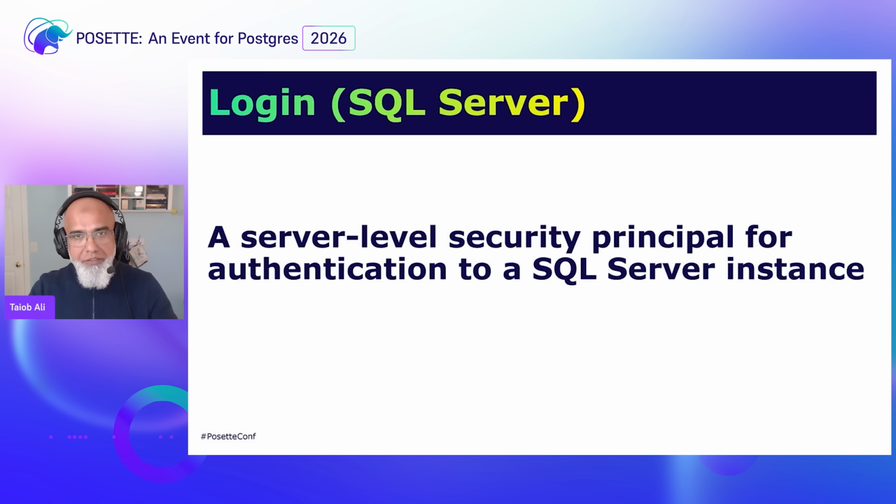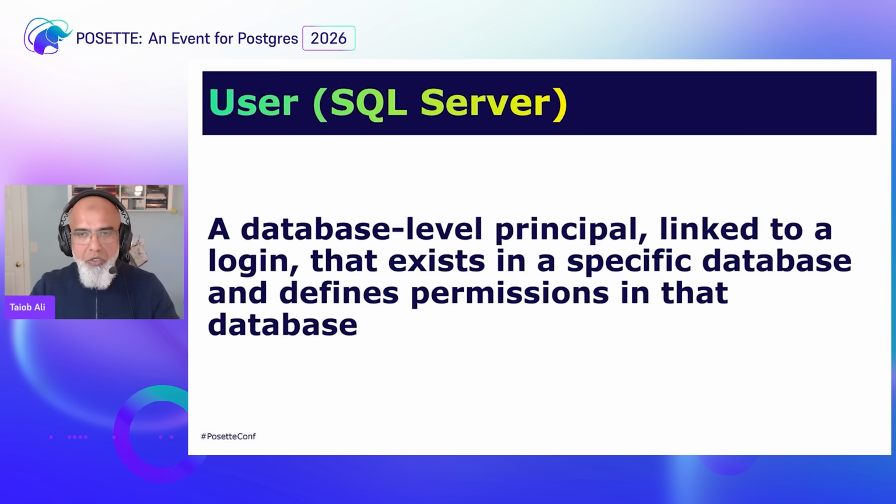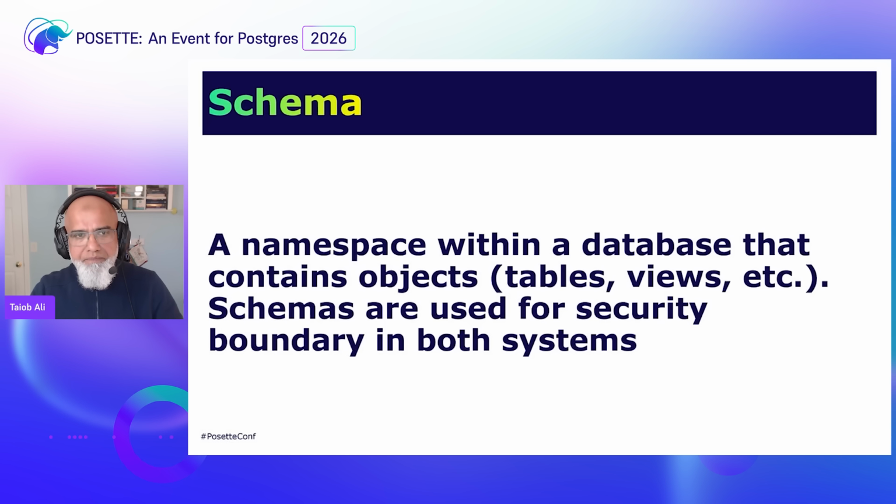Now, login in SQL Server, we all know. I understand that with Azure SQL Database and with contained users, this concept gets a little bit blurry, but let's stay with the traditional one where we have a login and then we also have a user. A login is at a server level, a user is at a database level, and each login is mapped to a user for every database. And then we give permission, or authorization, to the user when it comes to SQL Server. And I understand that nowadays we have managed identity and other Entra objects, so some of these get blurred, but let's just stay with this so we can compare with Postgres.